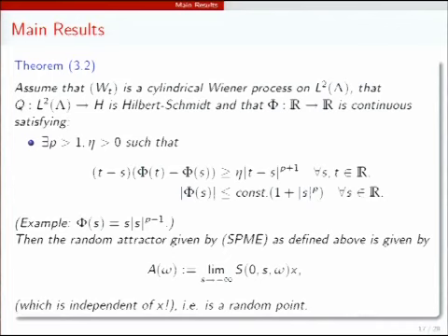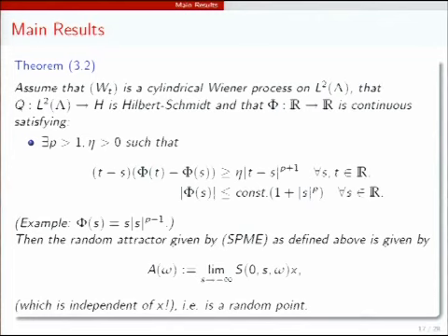So there exists p bigger than 1, bigger than 1 is what we need here, and then eta positive. So we have this monotonicity, so that we measure monotonicity in a different way here. And then this again should be of polynomials. And this we can do for arbitrary Hilbert-Schmidt operators. So the noise can be infinitely many function-valued Wiener processes. So that's a cylindrical Wiener process in this space.